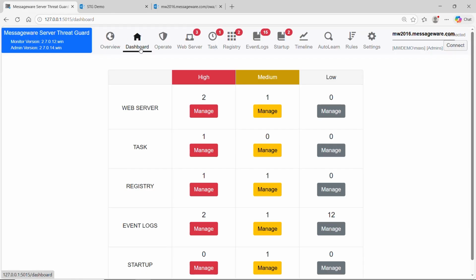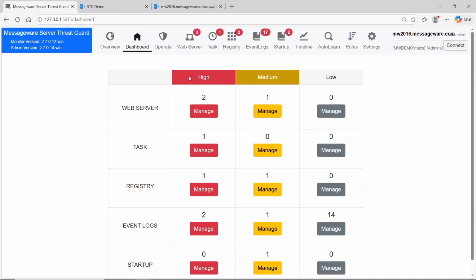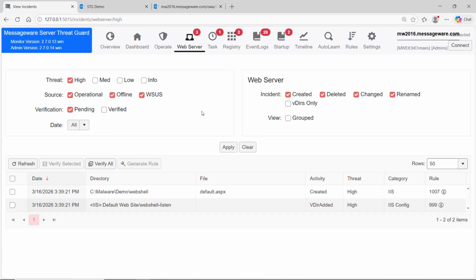We'll go back to our dashboard and you can see there's now a few incidents showing, not only on the main dashboard in each of the high, medium, and low categories, but also in the more detailed, specific threat categories at the top. You can get to the detailed information 2 ways, either by clicking right on the Manage tab here in the main dashboard, which is simpler, or you can go into more detail and more history of different types of historical threats on these tabs for each of the categories here. So I'll just click on a couple here to show you.